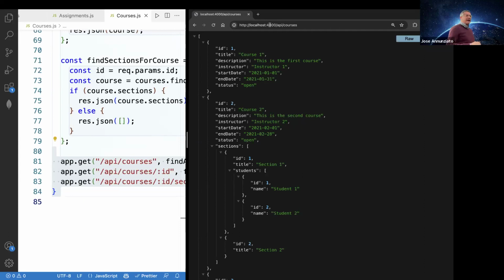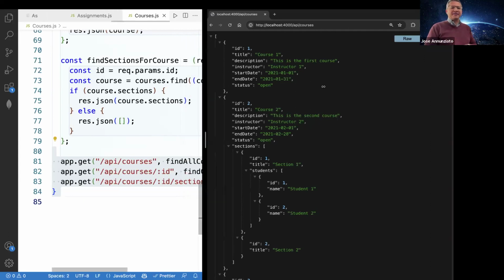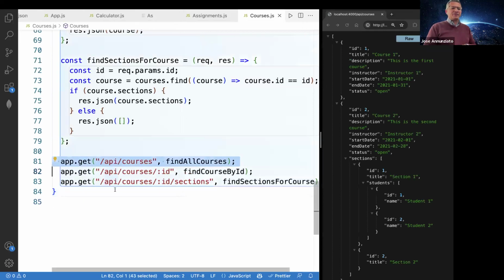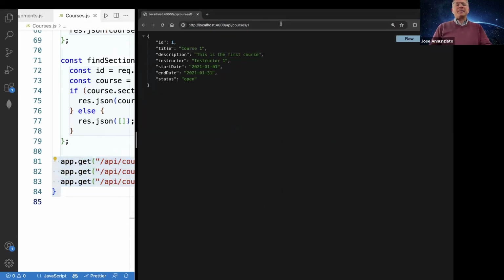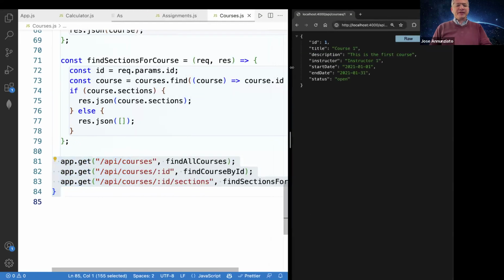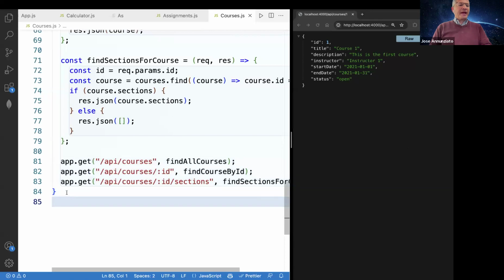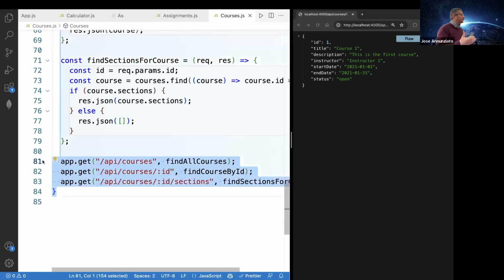We also discussed that collectively, these URLs, being able to retrieve all the courses, or a particular course, or by sections and whatnot, together constitute an application programming interface, an